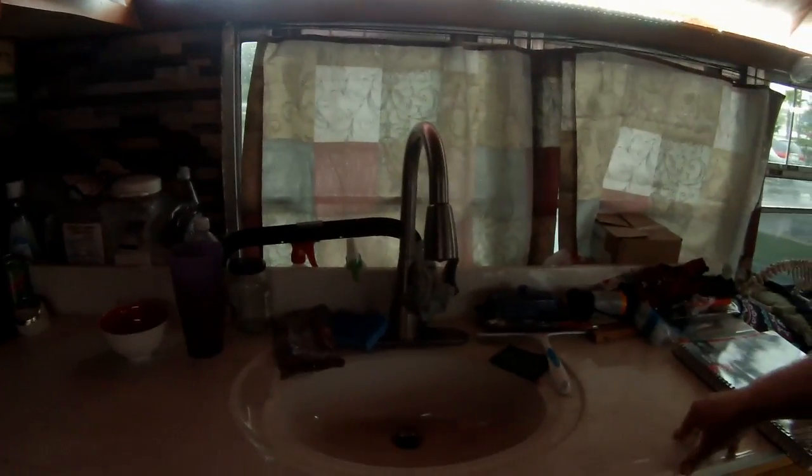and over here is the sink and counter area. This came out of that old hotel that I worked at during renovation. The faucet, I can either do a spray or just run it. The hose, I can swing it out of the way. Lots of room, so I do like that. It's only cold water, but the only time I really need hot water is for doing dishes, and I just fill a pan with a little bit, and within a couple of minutes it's warm enough